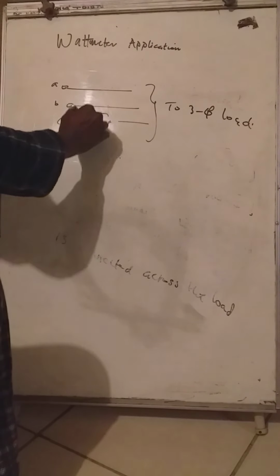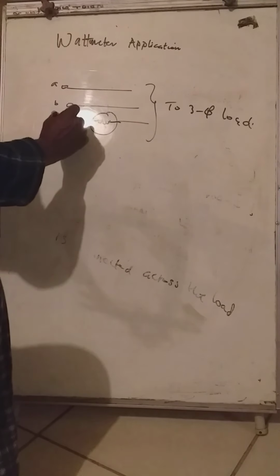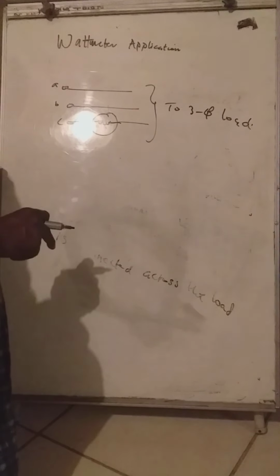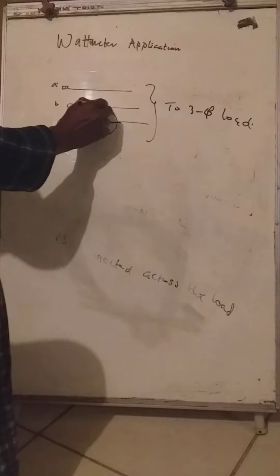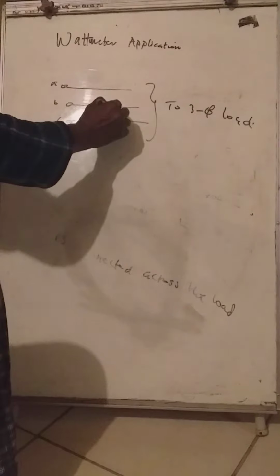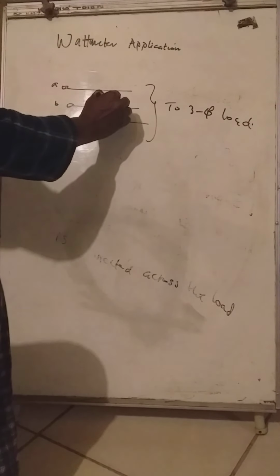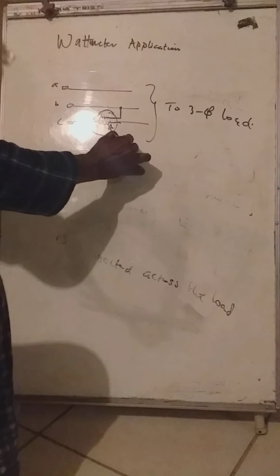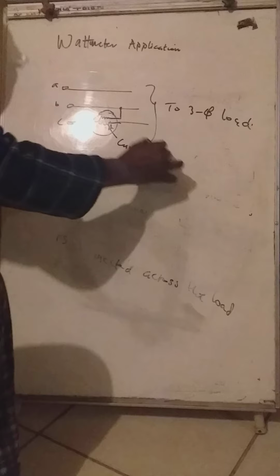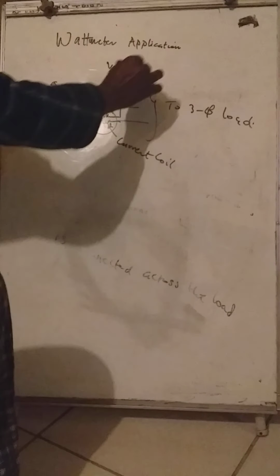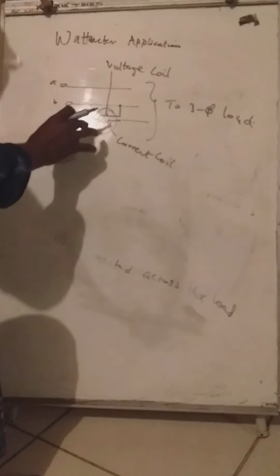This is a coil that carries current. It is connected in series with the line, while the other coil, the voltage leg, is connected across the load in parallel. So this is the current coil, while this is the voltage coil. Right. So the reading on the current coil